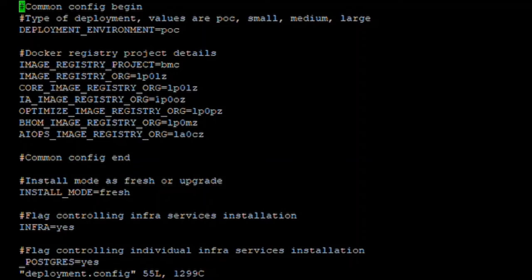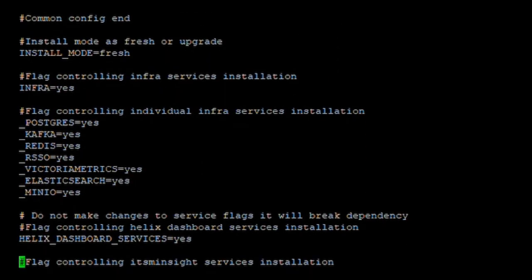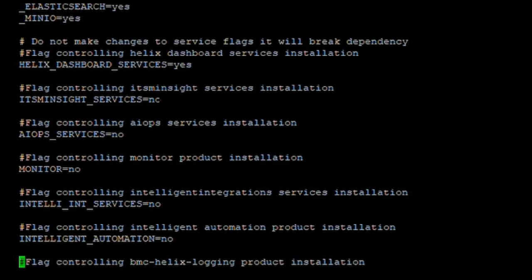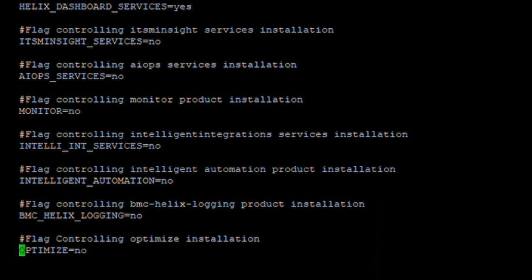So I'm going to specify where to get my containers from, the image registry, the optimized registry, and so what I'm going to do is I am going to enable the main features of the product, and in this particular case, for my use case, I'm actually going to enable optimize.